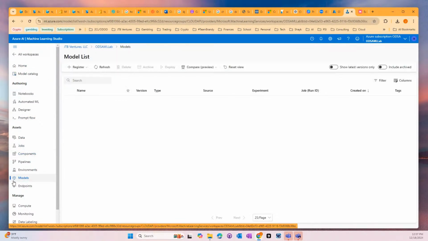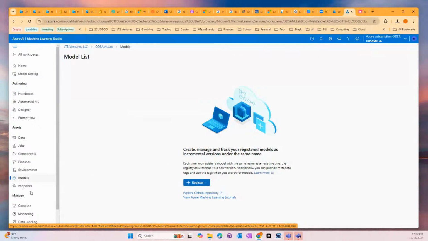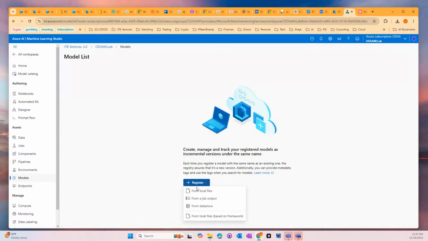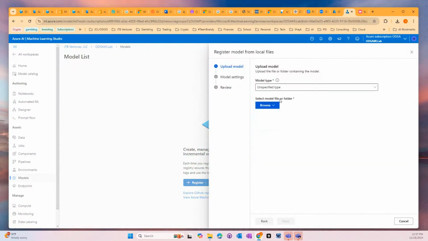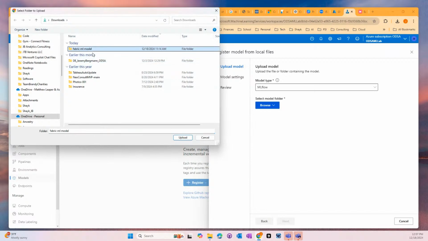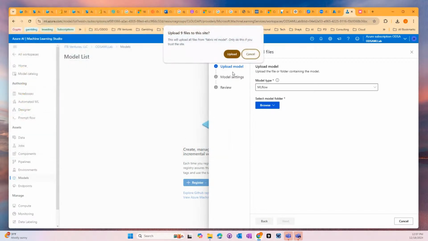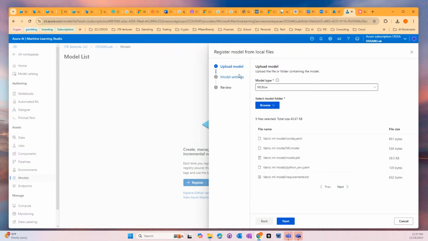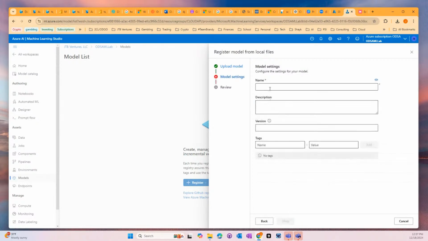Maybe that's not the place I actually want to go. So we'll go to model list. So we could go to model list and then register a model. It's an MLflow model is what we're using. We'll browse to where we downloaded it. We trust the site, sure. Okay. Name, we'll call it